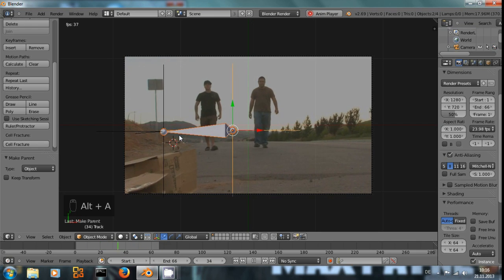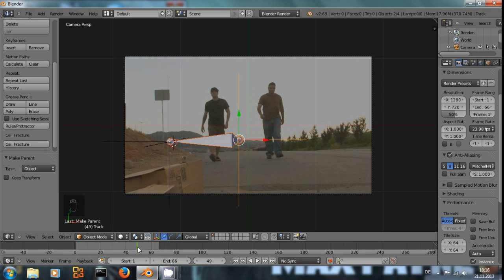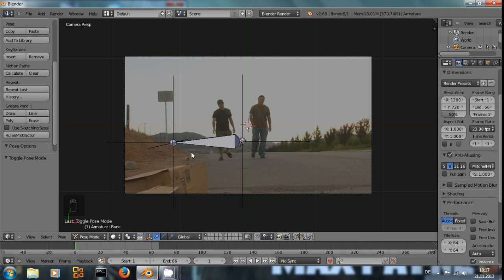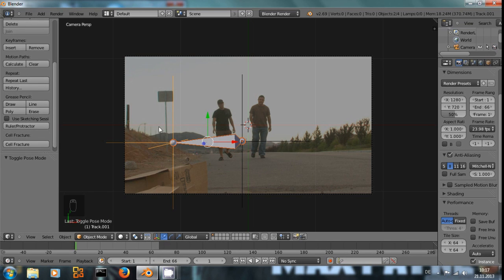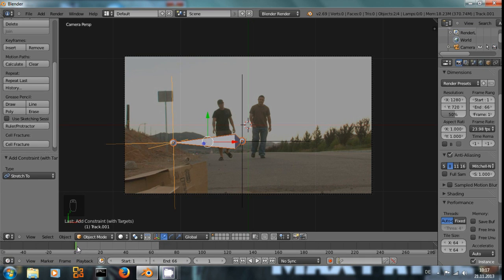if you can see, the tip is sliding a bit and not always on the same spot on the other marker. So how do we make the bone always rotate towards that other tracking point? With the bone selected, we change into pose mode, select the bone again, Shift select with right click the other tracking point, and then Control Shift C, and we can select a constraint for this bone, stretch to, and now